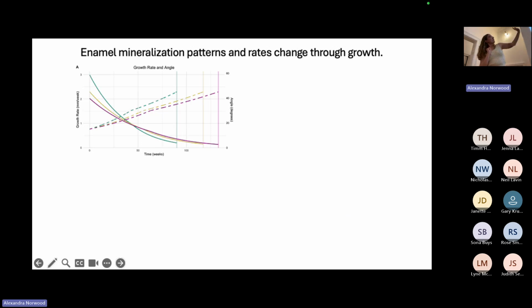The other y-axis here is the angle that the enamel is growing at. So from that center of your tooth to the surface, there are multiple layers of enamel that we can imagine. And they're growing at an angle so that the speed is different between the layers. And so you're capturing different moments of time between the inside of your tooth and the outside, and between the top of your tooth and the bottom.